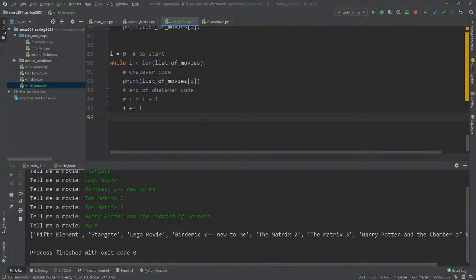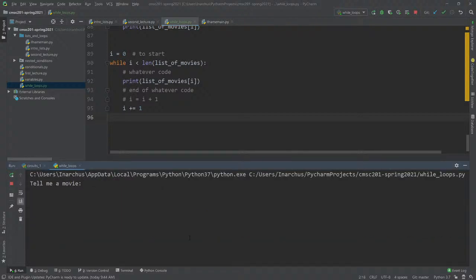Anyway, so basically this bit of code here is going to do exactly what a for loop does, because it's going to start at the first movie. So let's do this again. And let's say that we have, what are we going to do? So we're going to say,